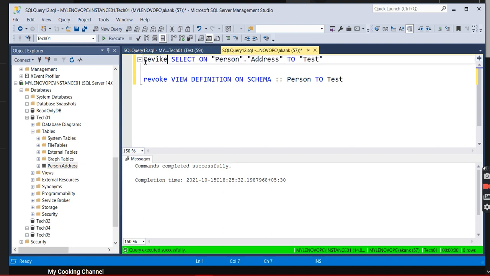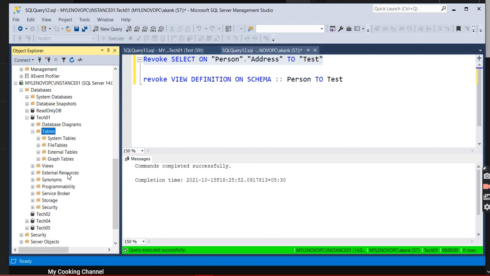Just type revoke, okay. It will revoke the select access on the Address table. Now you will not be able to see the Address table. It's gone, it's revoked.